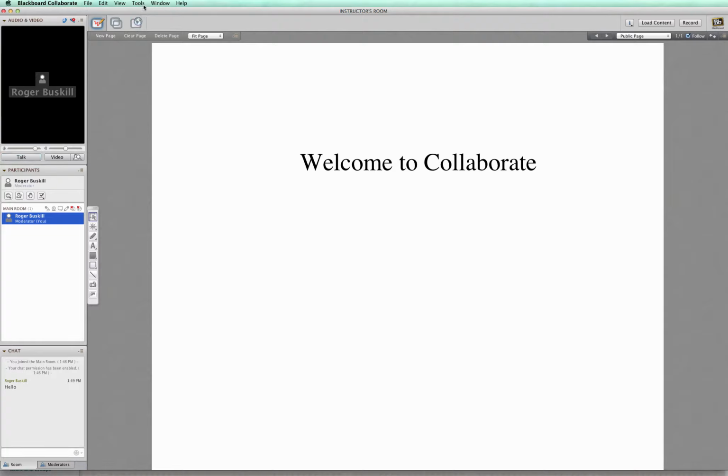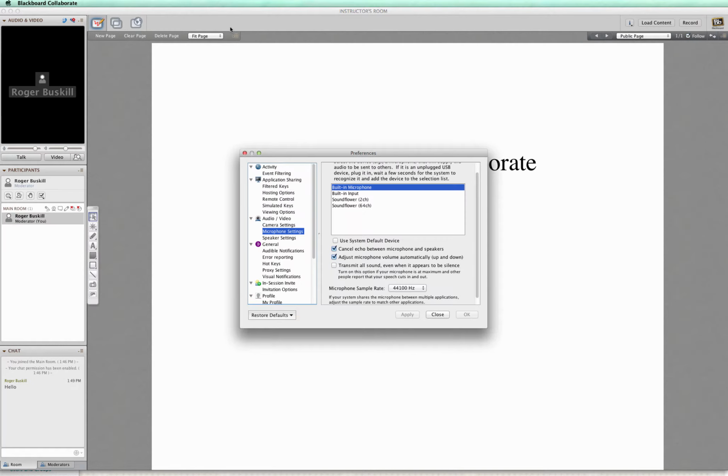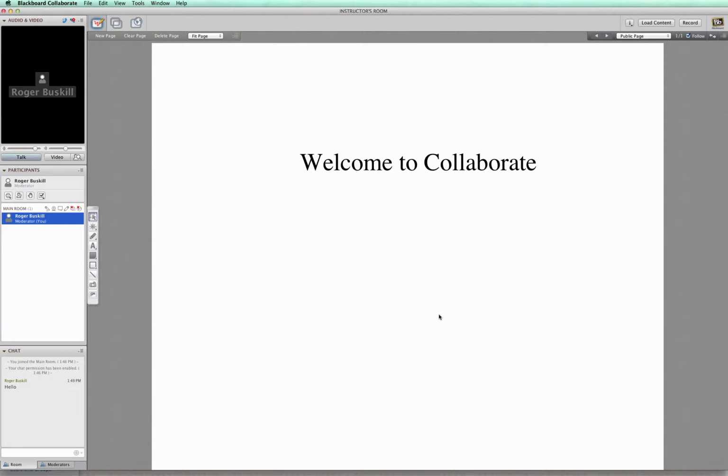And what you'll have to do is come up to Tools, and then Audio, and then go to Microphone Settings, and make sure your built-in microphone, or even if you have an external microphone, that is selected. And then you can also test it if you wish. But then you can simply come back, click the talk, and if you've got the little graph there, you know that your audio is being